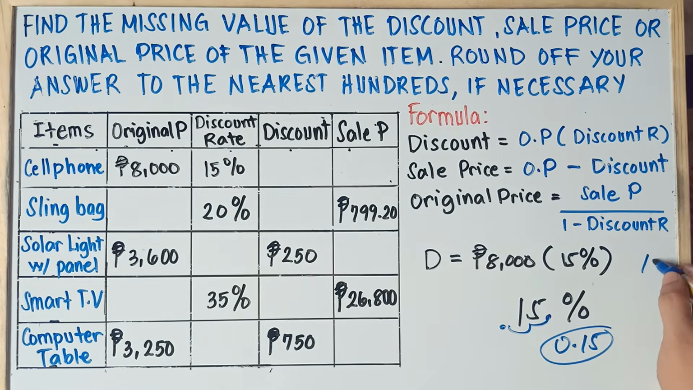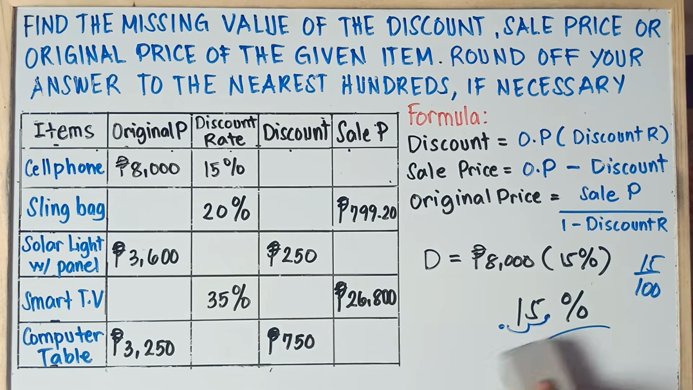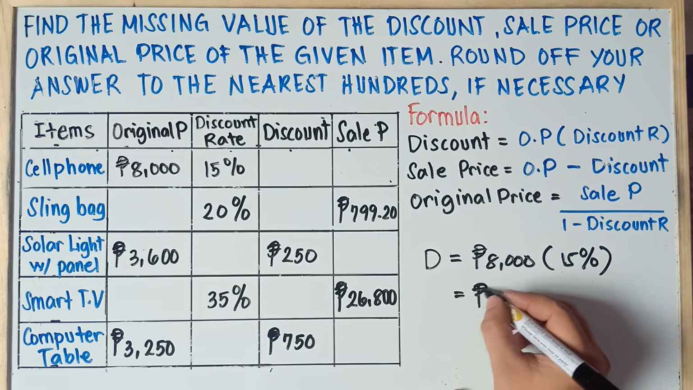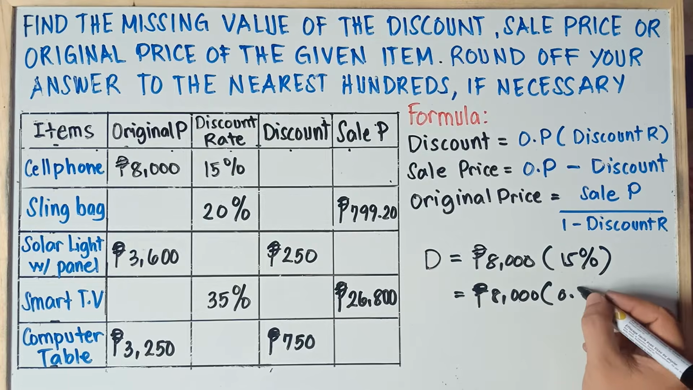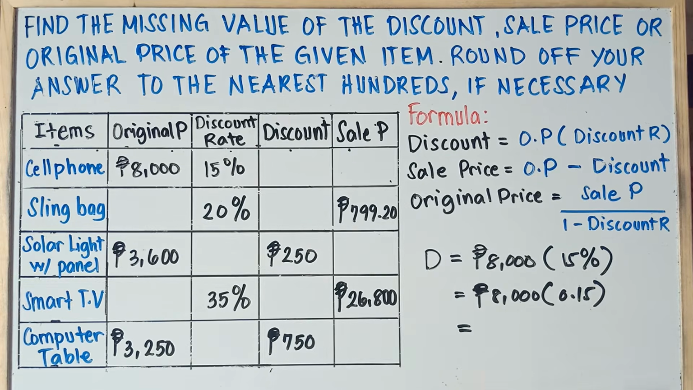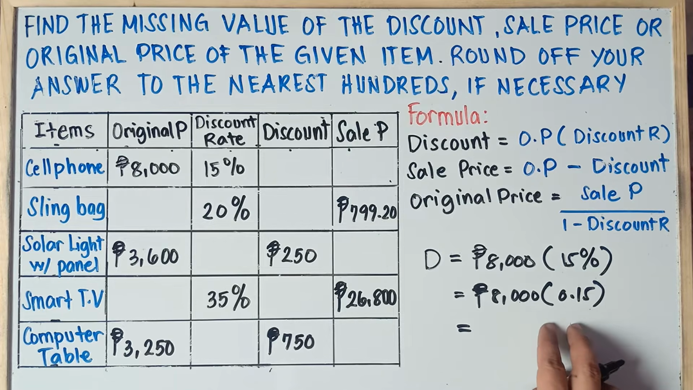You can also do 15 divided by 100. You will get the same answer, but it will take time, class. So this will be 8,000 times 0.15, and you can get the answer by using your calculator. Actually, class, you can get the answer manually without using the calculator, because 8,000,